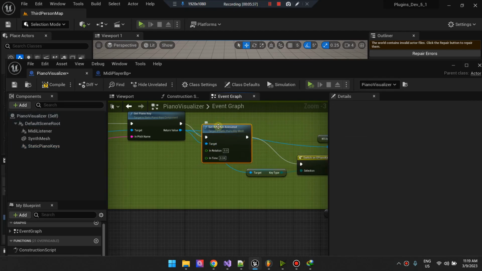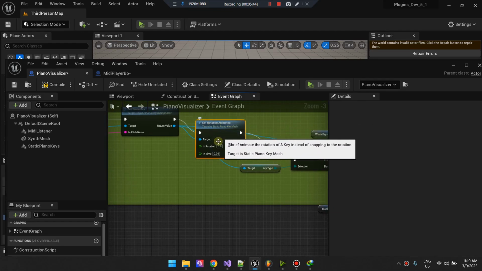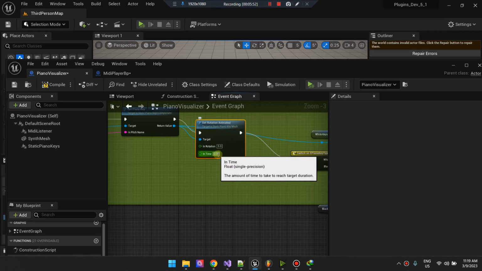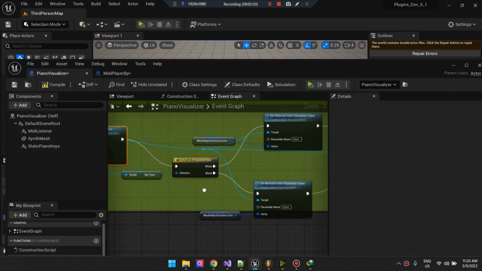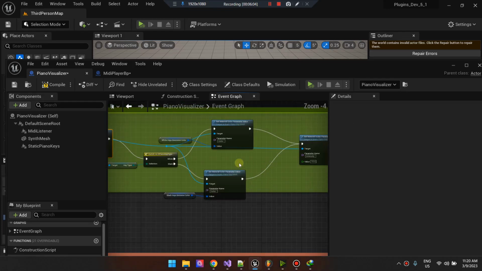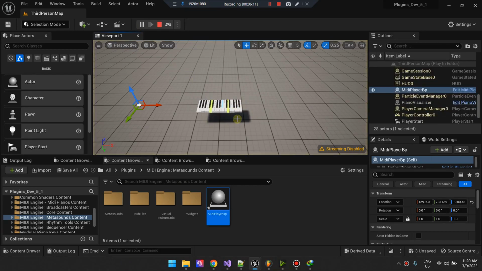Once we got our key, we want to rotate it, okay? So there's this function, set rotation animated, that will rotate your key by 5 degrees. It will take 0.04 seconds to go from the rest position to the target rotation, okay? So the rest is just setting the colors. I don't think for now I want to explain that, but just know that the rest of the code is setting the colors that you see when